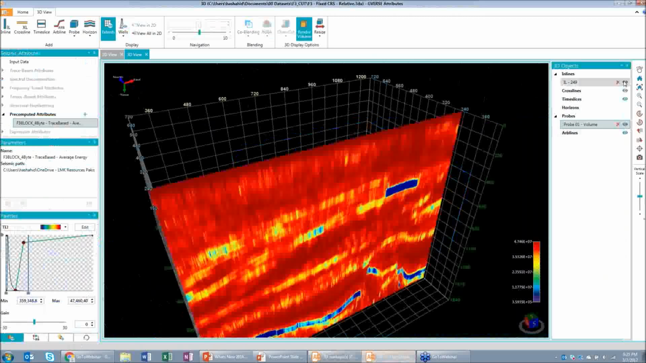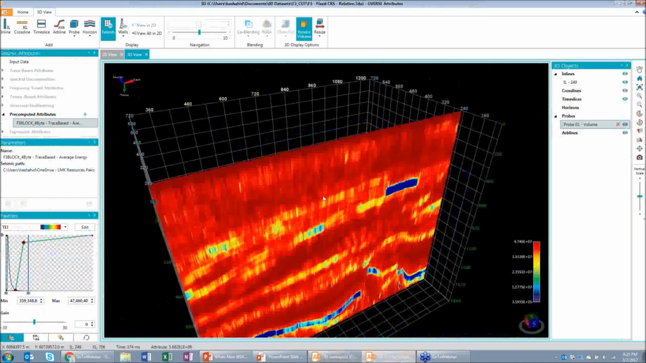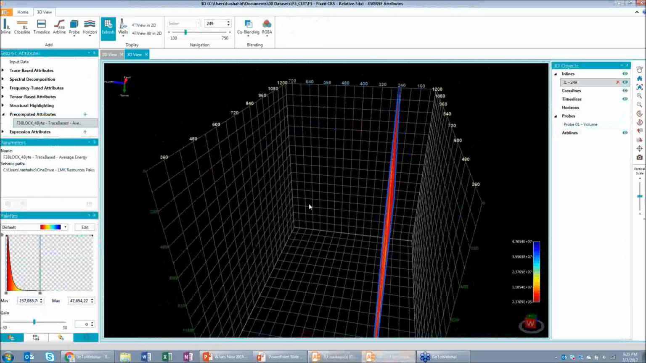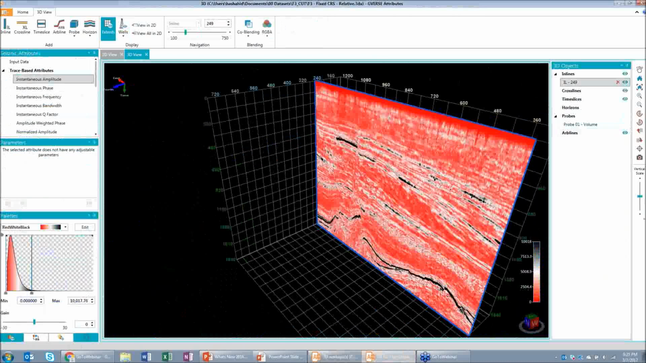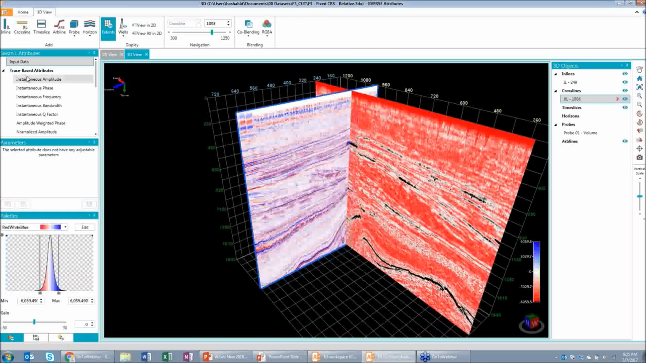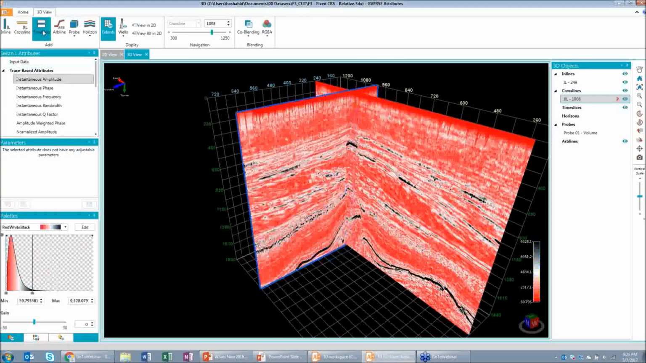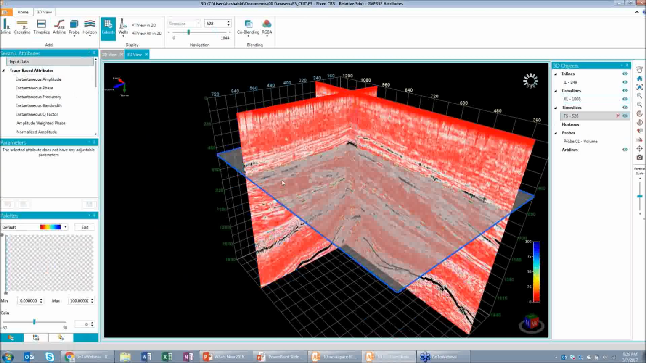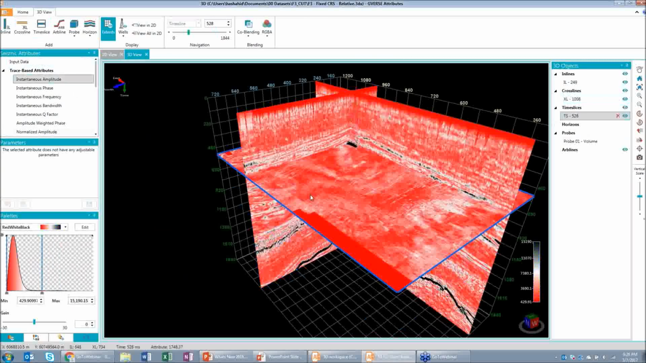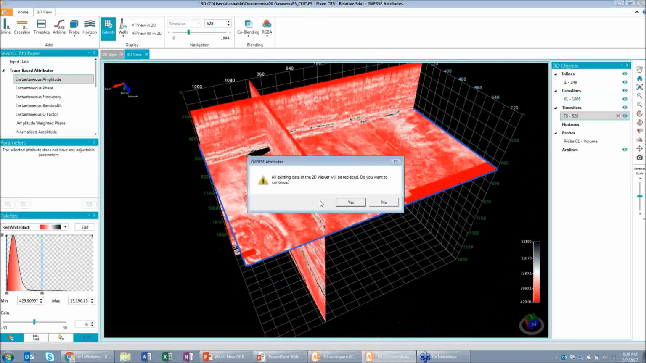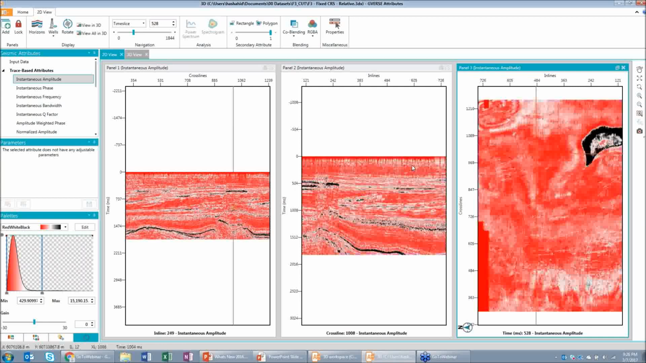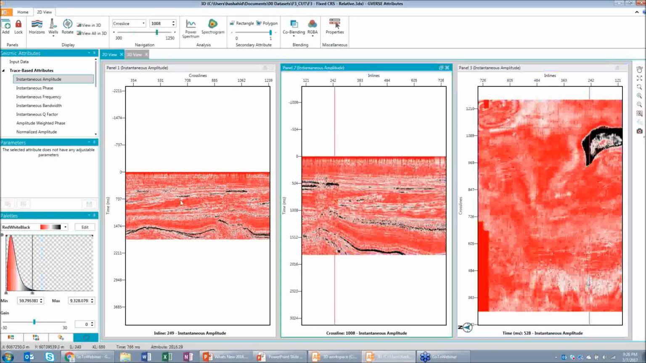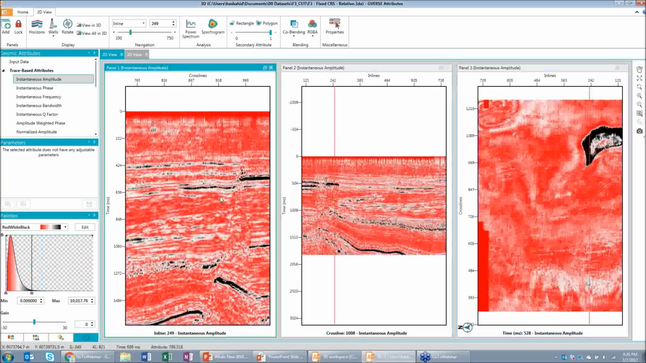Another thing you can do here: let's go back to my bright spot example. I have my inline here and my crossline here, again with the attribute applied, and a time slice going through my bright spot. I can also view all of these in 2D. I go to View All in 2D, and all of these will now be open in my multi-panel viewer side by side,